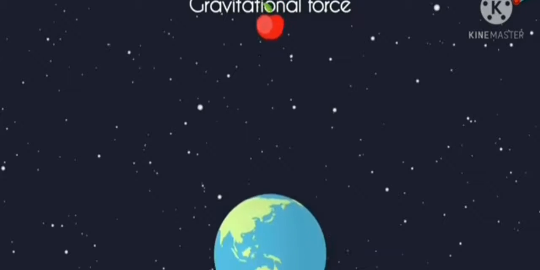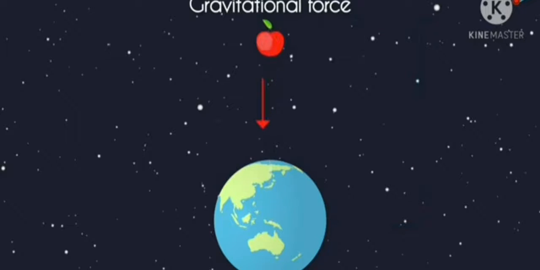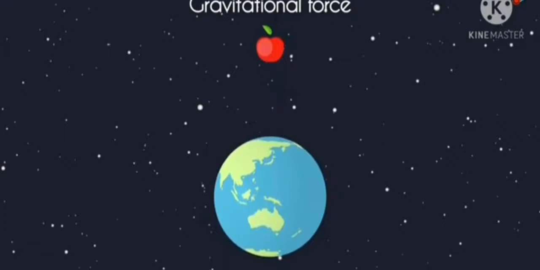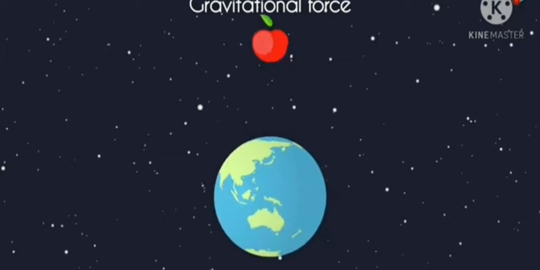Gravitational force is the attractive force between any two objects with non-zero mass separated by a distance. So does the apple fall towards the earth, or does the earth move towards the apple? Or do both move towards each other? It's actually simple logic. This is the earth, and say this minuscule object is an apple. Based on what we learnt about the gravitation,